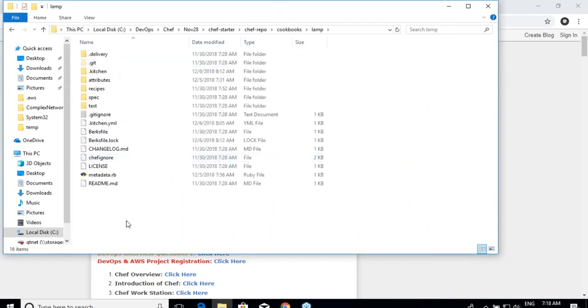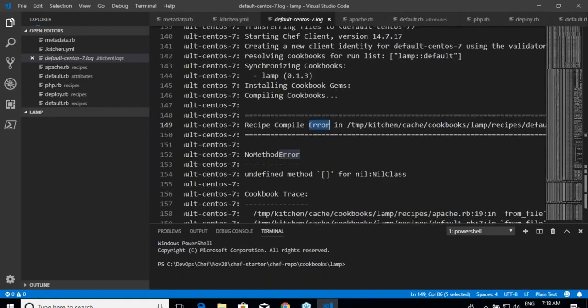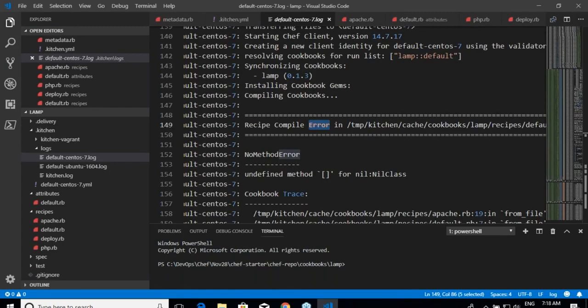So did we try that? Okay, Test Kitchen with Hyper-V or VirtualBox works only when virtual machines can be created manually on your machine, right? If you are trying to create a VirtualBox or a virtual machine and it is not working, Chef cannot create it either, right? So you also have to check why it is not working.